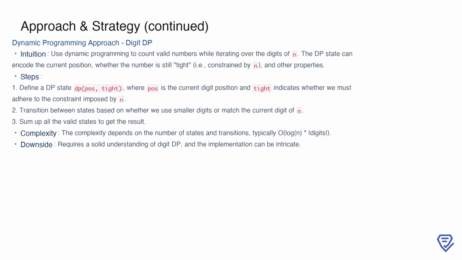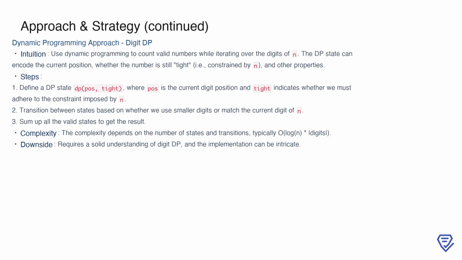Another approach to consider is using dynamic programming, specifically a technique known as digit DP. This method involves defining a state, such as dp[pos][tight], where pos represents the current digit position, and tight determines whether the numbers being formed are constrained by the digits of n. The transitions between states depend on whether we use digits that are smaller than the current digit of n or match it exactly. By summing up all the valid states, we can compute the total count of numbers that satisfy